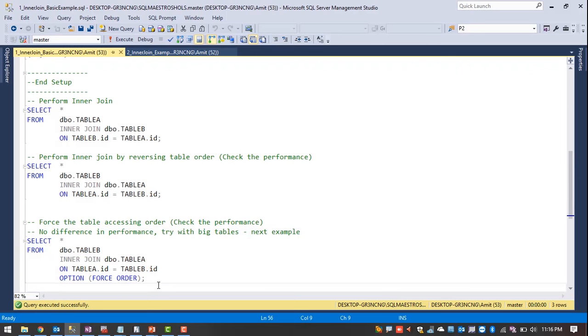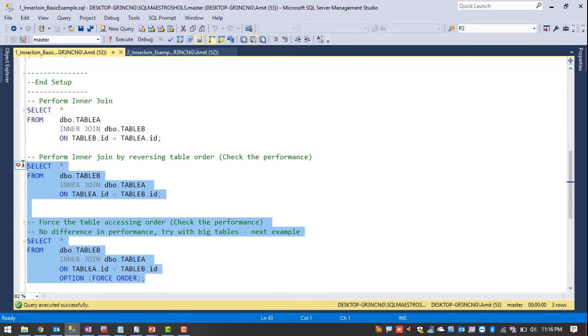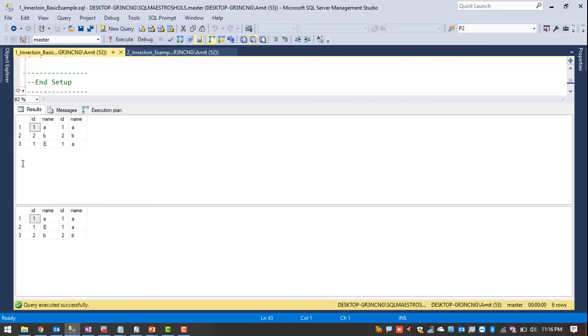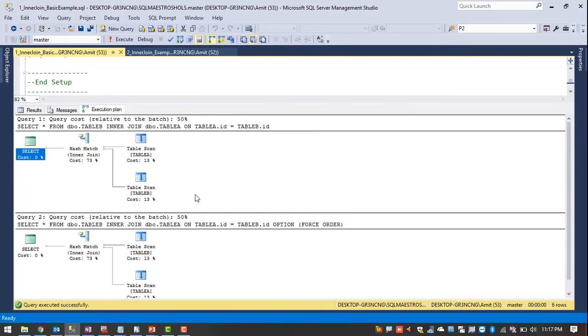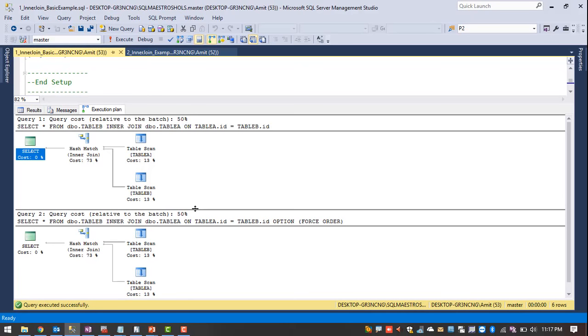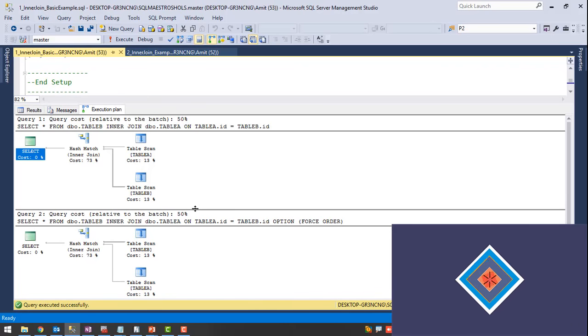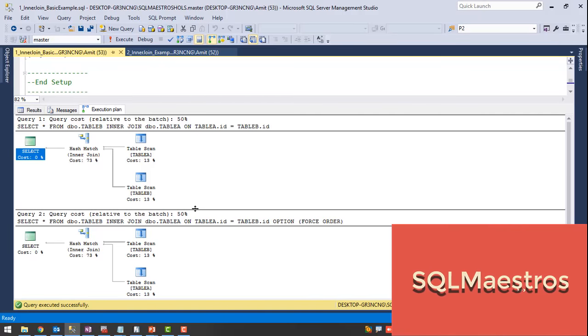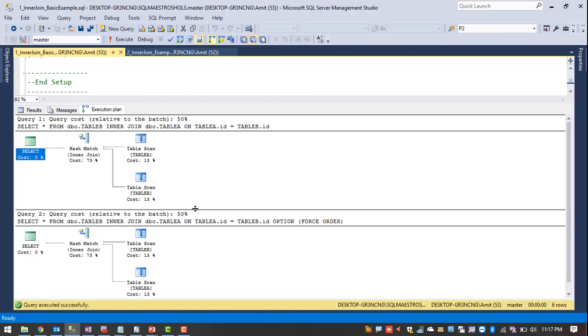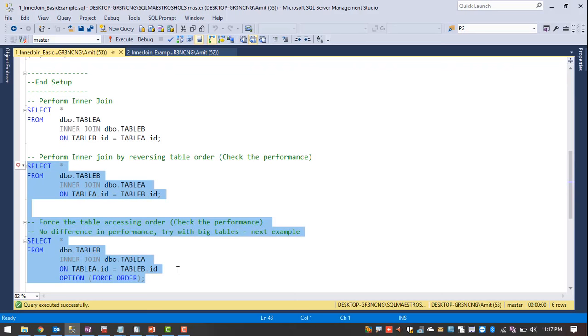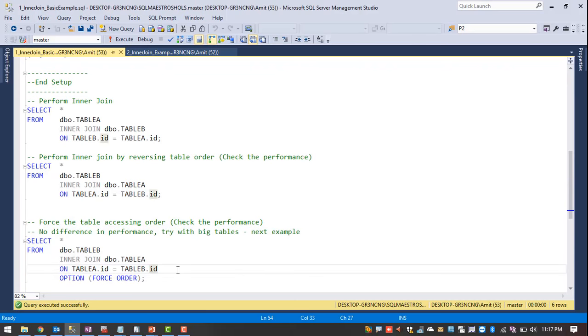So right now SQL Server accesses the data in the order that we mentioned. Let me execute these two statements together and check the performance impact. If I check, there is no performance impact even though the table order is reversed, just because these two tables are very small. But if our tables are very big and data is very huge, then accessing data in different order will make an impact. I am showing you that in another demo in a while. So that's all for this demo. Let me go back to my slides again.